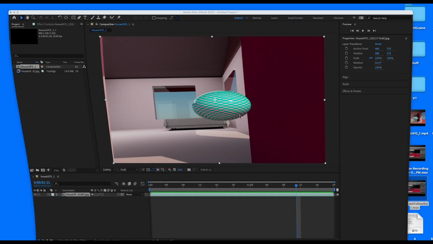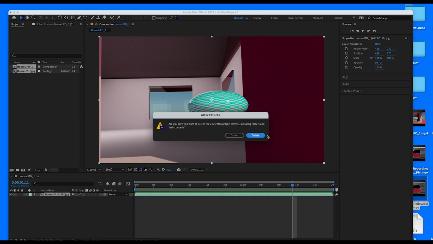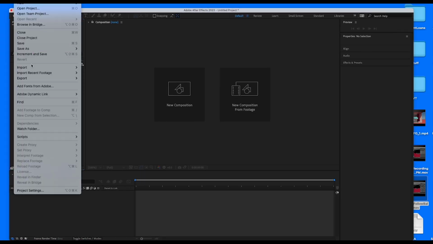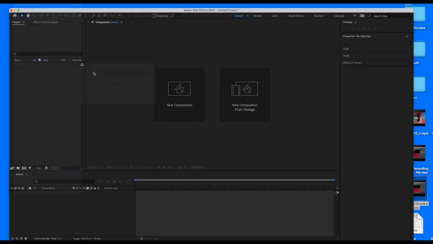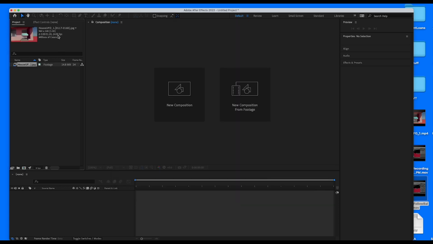Now let's go to After Effects. I'm just going to delete what I had before, and I'm going to show you how to import multiple files. Click on your very first one and import JPEG sequence. So there we go. I'm just going to say cancel, and I have my settings at 24 frames per second.